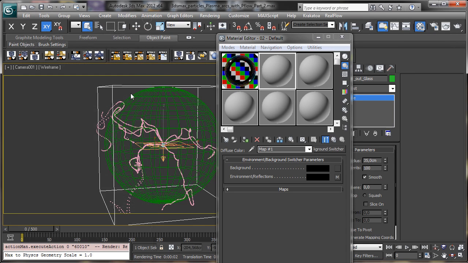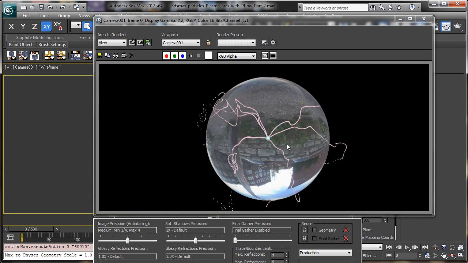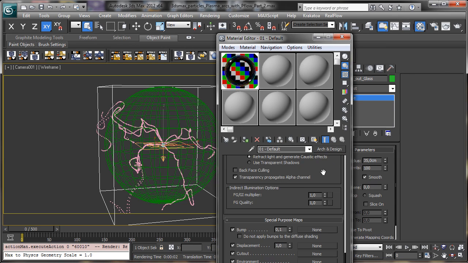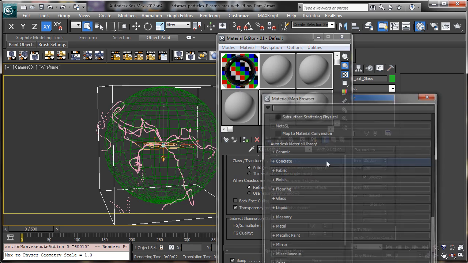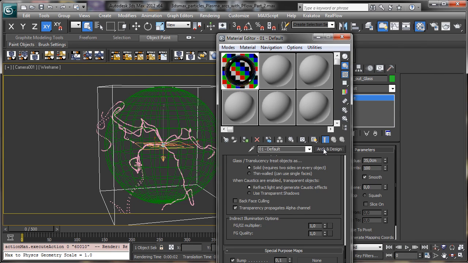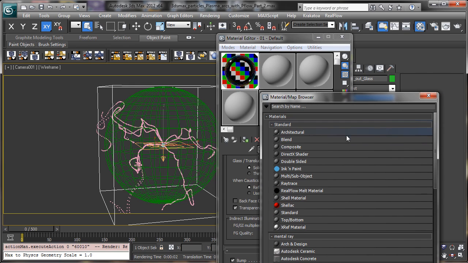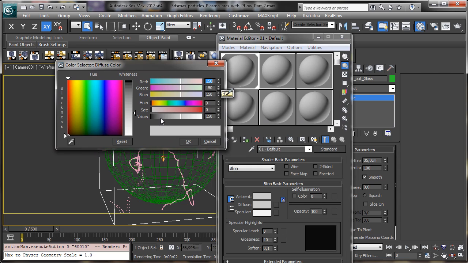So we have a black color for the environment, and we have the reflection, and obviously we have still the refraction there, and we have to work a little bit to eliminate this one, or we can do another thing and we can play just using a different material. So we can imagine, for example, to prepare a glass using the standard material. So we can go for a black color,